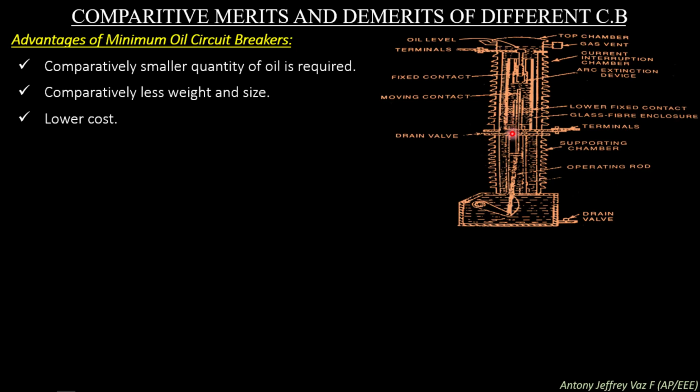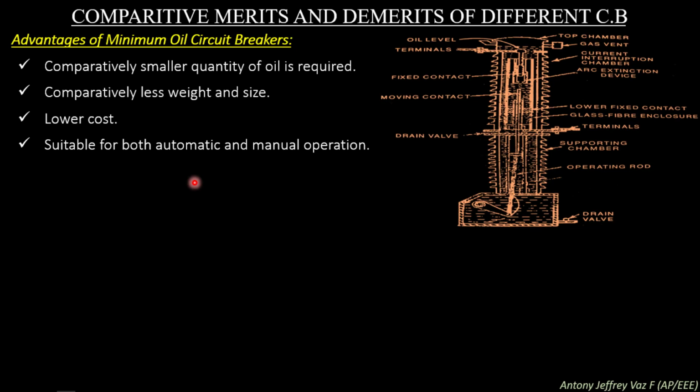Minimum oil circuit breaker has a very low cost compared to a bulk oil circuit breaker because of two reasons. First, the oil present inside a minimum oil circuit breaker is very much less than the bulk oil circuit breaker oil quantity. Second, the bulk oil circuit breaker is made up of a heavy and high grade steel tank, so the steel costs a lot. But in a minimum oil circuit breaker, porcelain bushings and porcelain mounted high dielectric materials are used, so the cost is low.